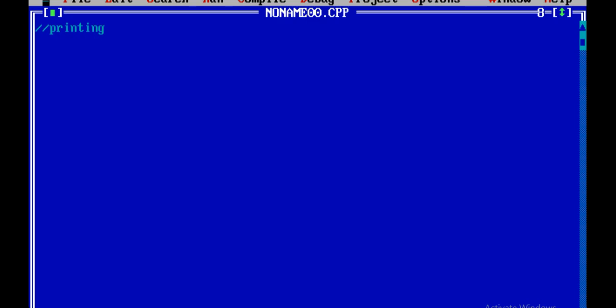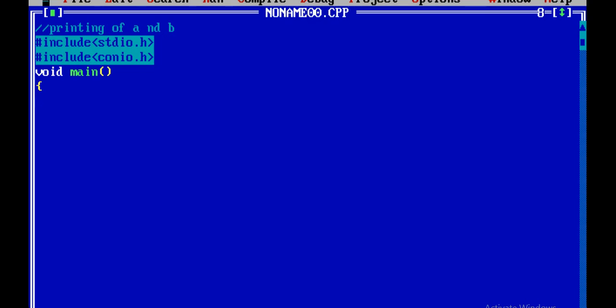Printing of A and B. Now what is the next statement? #include stdio.h. Next #include conio.h. Next void main. There is no global declaration or definition section, directly void main. Why specify void over here? We are writing the C program in the C++ editor, and the C++ editor must have void as the main function. Now I am taking integer A value,